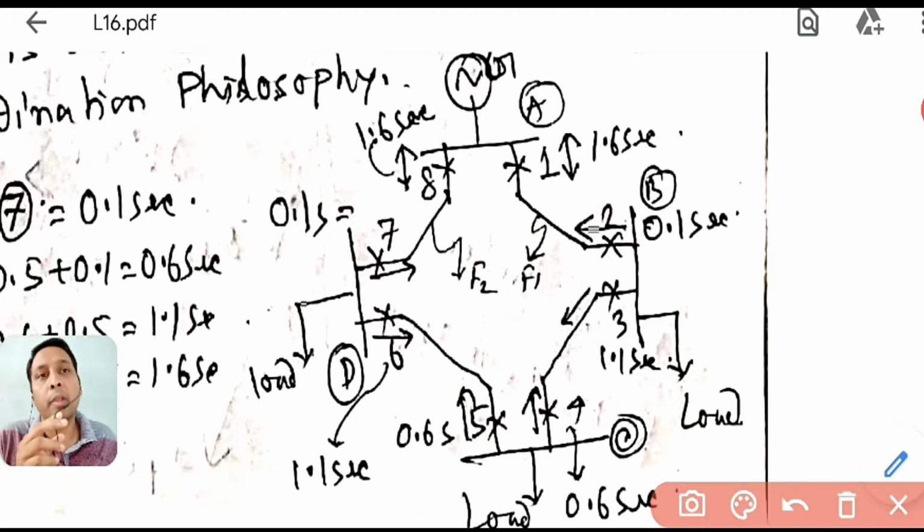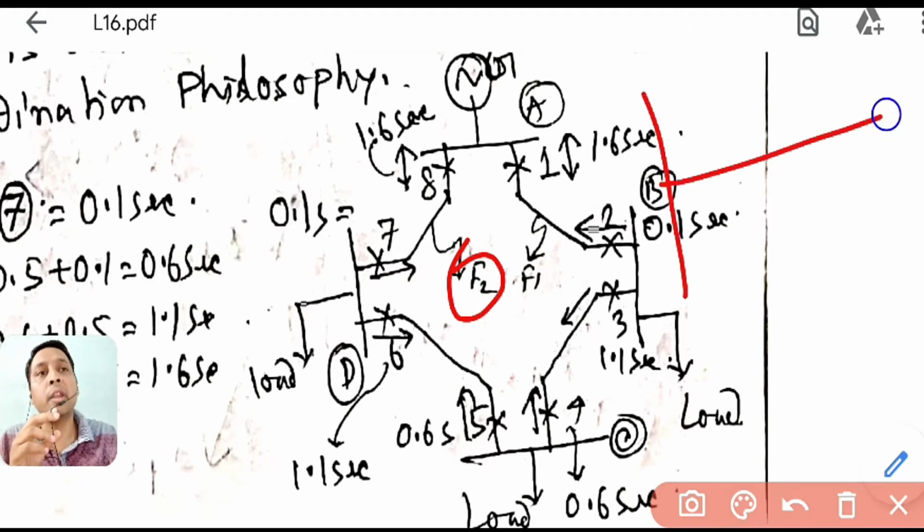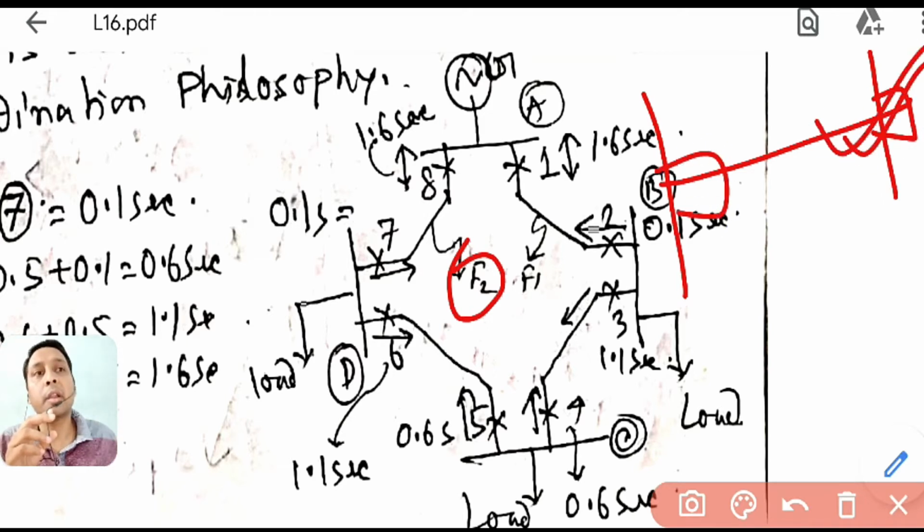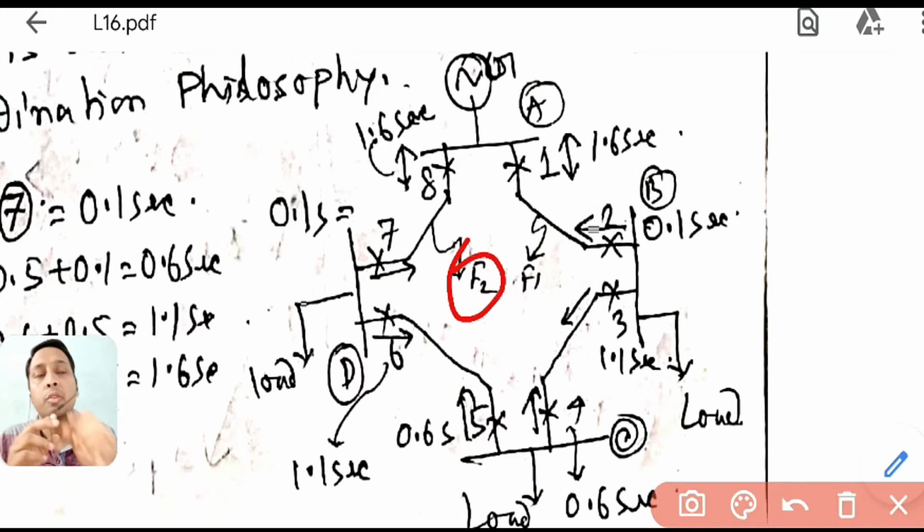So there are two faults, F1 and F2. Suppose let me start with F2. Which one is the tail and which one is the farthest end? Here, by seeing, it is not so easy. In case of radial it was easy. The thing that is at the far end, I started with my farthest end. But here the farthest is not so visible.